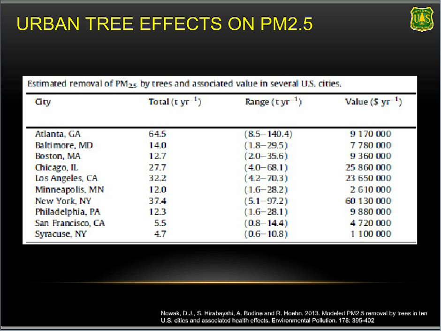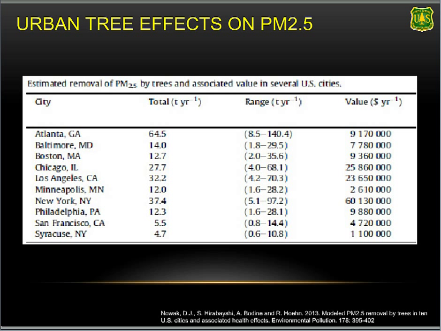The greatest value for this PM2.5, this fine particulate matter, comes from New York City. The second is Chicago, and third is Los Angeles, even though they don't have the greatest removal or the greatest change in concentration. Why that is, it's important to consideration of where we plant trees and why we design trees for human health. In New York City, Chicago, and Los Angeles, there's more people per unit area. There's higher population densities. If we plant a forest in the middle of a rural area with no people around, the forest will remove a significant amount of pollution, but there's nobody there to receive the benefits in terms of human health.